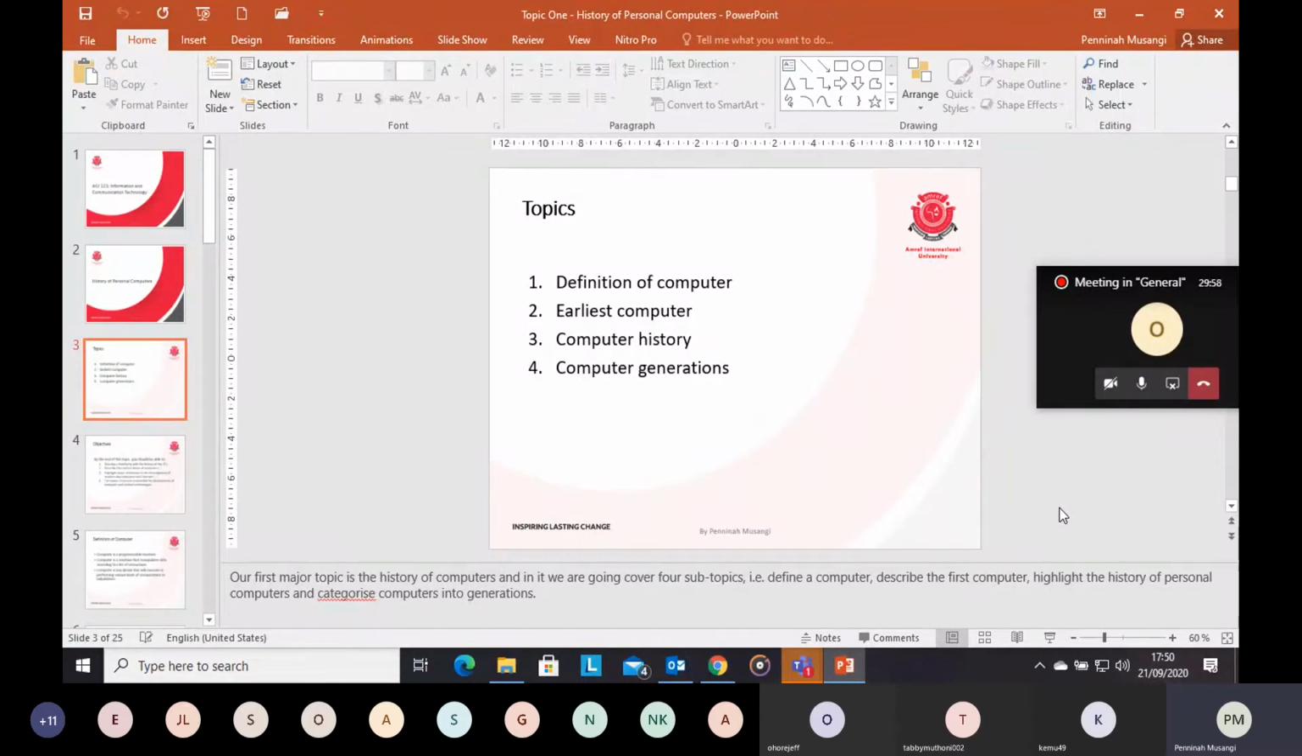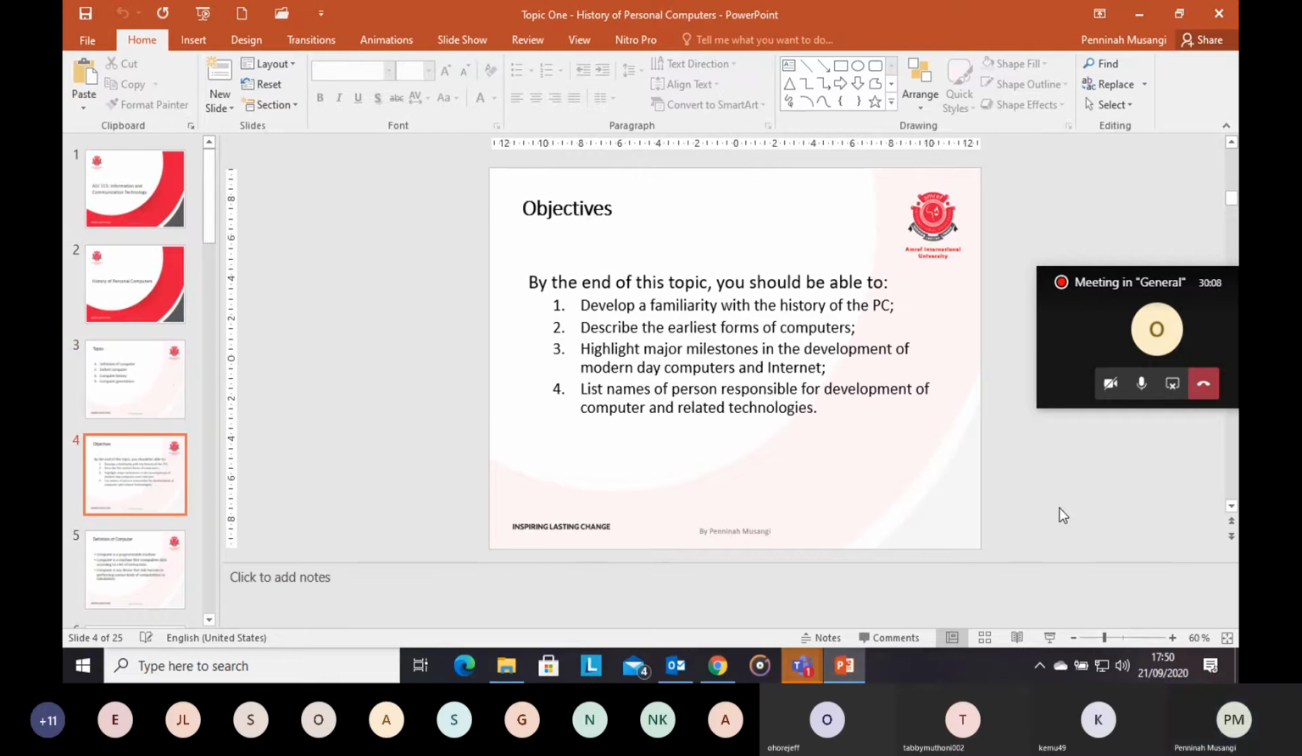So that is what we are going to look at as the subtopics in terms of the topic history of computers. The objective of this particular topic is that by the end of it, you should be able to develop a familiarity with the history of the personal computer, describe the earliest forms of computer, highlight the major milestones in the development of modern day computers and the internet, and list some names of persons responsible for development of